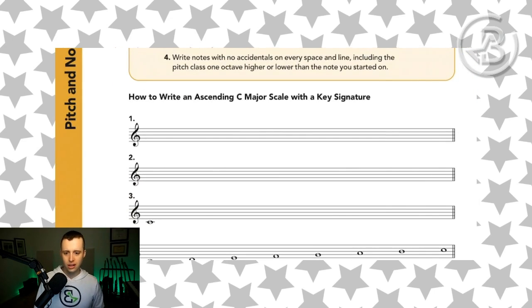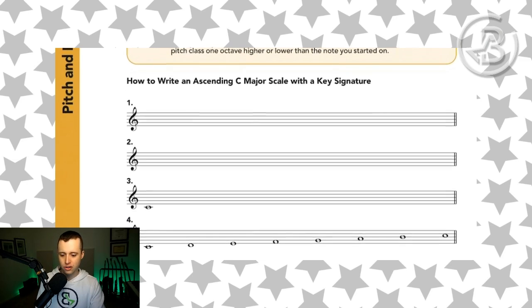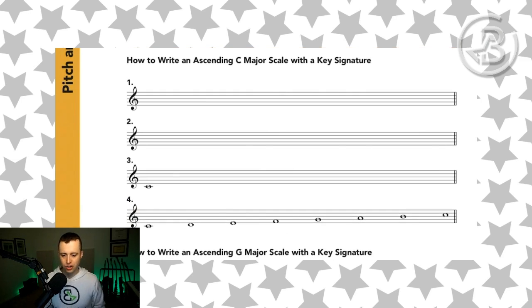Now, you'll notice if you are eagle-eyed, that between step number 1 and step number 2 here on the screen, there sure is no difference, and that's because to write a C major key signature, all you got to do is nothing, because there's no sharps or no flats, so no action is required. Then, step number 3, write the first note of the scale in any octave register for C